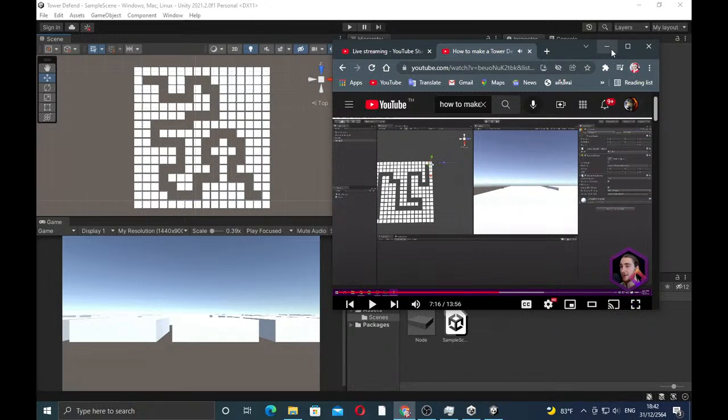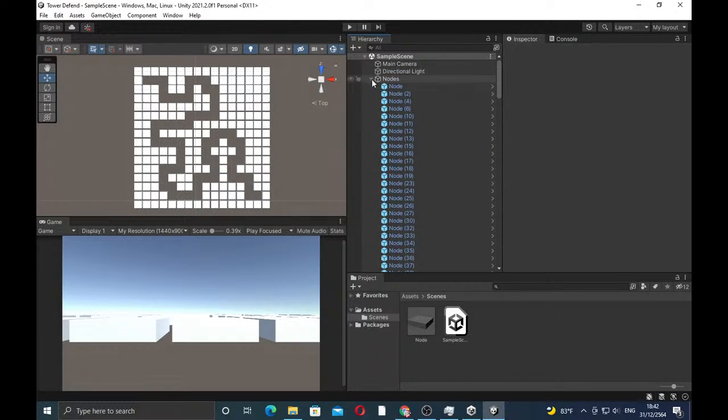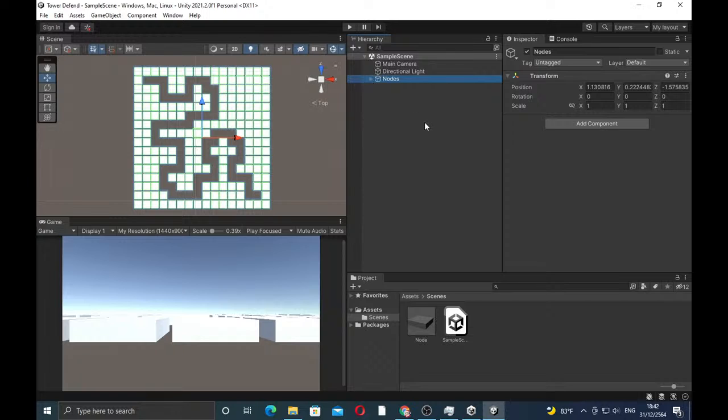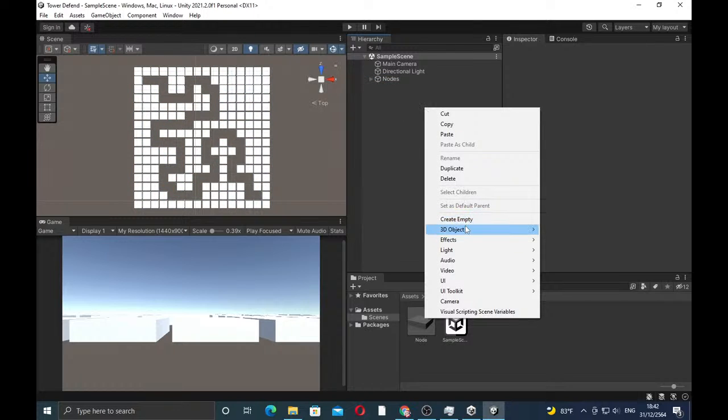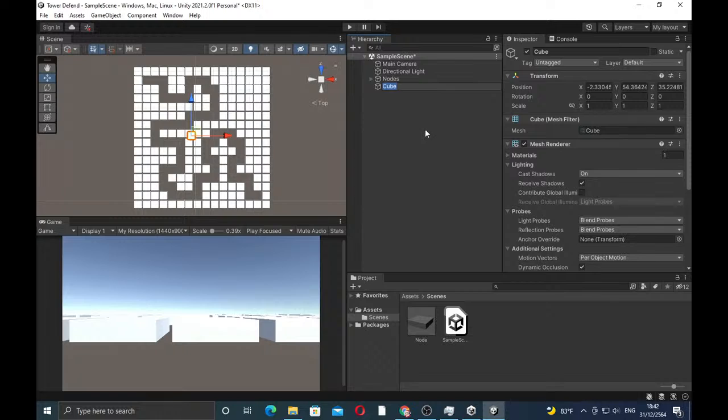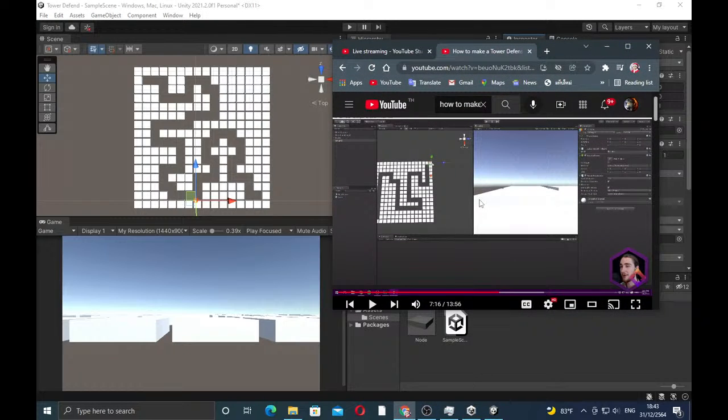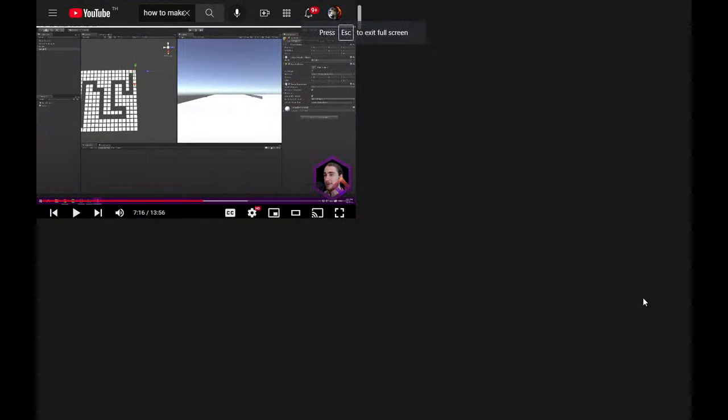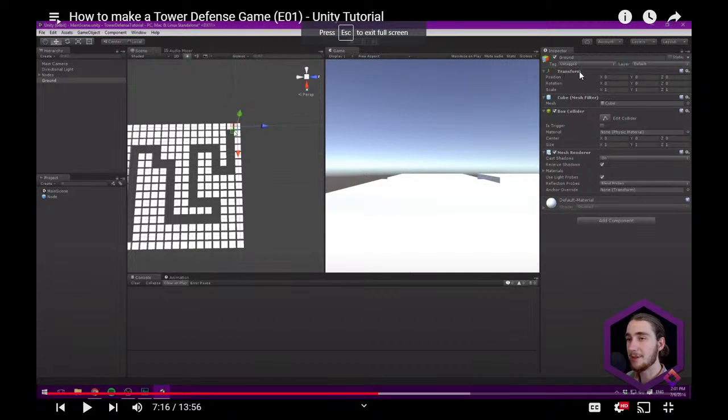Then we can go ahead and maybe move this over again, holding down control. Make this a 4 by 4 by